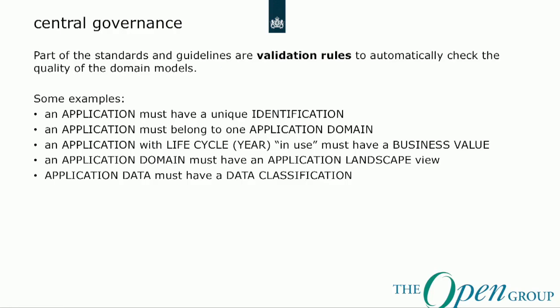models, and we have, I guess, around 70 or 80 rules now, which say something like every application should have a name, every application should have an owner, data connected to an application should belong to exactly one domain. So we have a lot of those kind of rules, which only say if you model it well, but not if it is a good model. So you can still make strange architectures, but at least we can read them and understand them, and we can do automatic